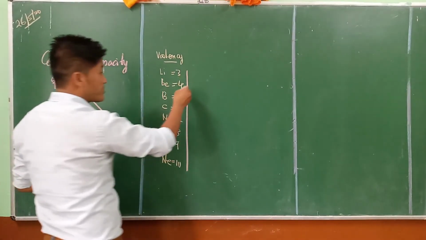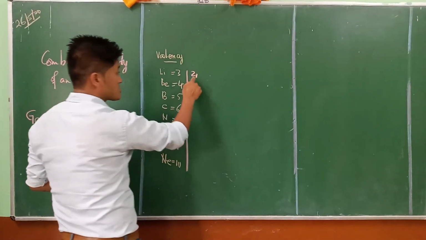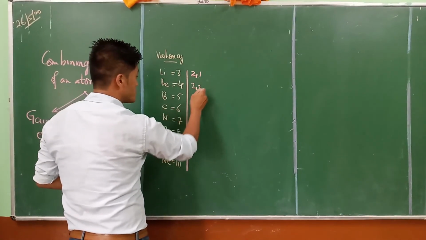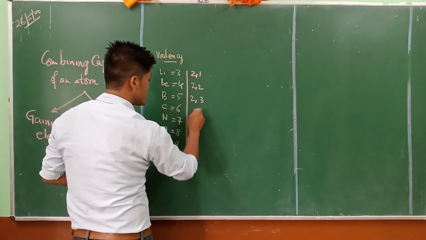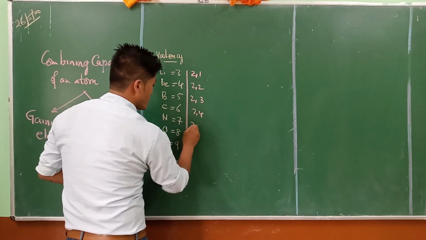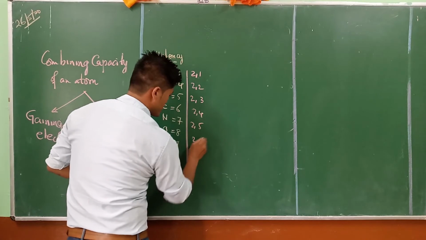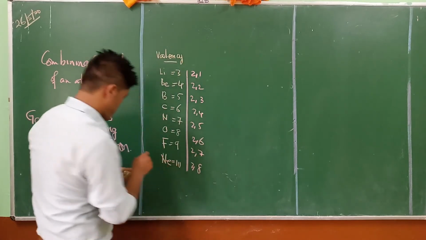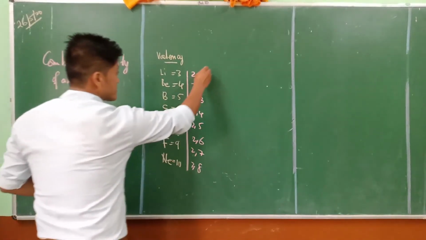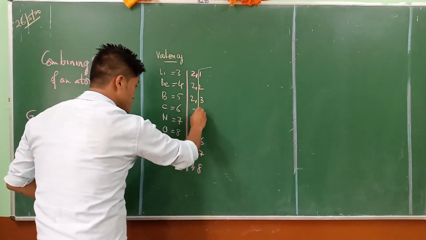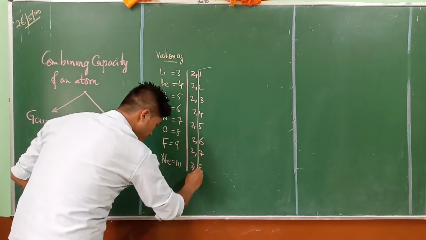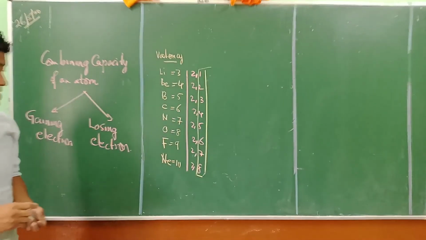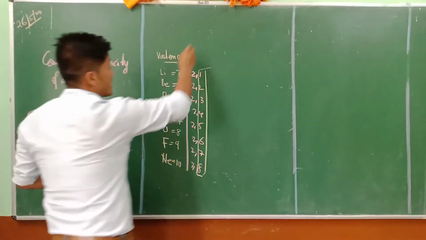Now in this case here, in the first shell there are 2 electrons, in the second shell 1. 2 plus 1 is 3. 2, 2, 2, 3, 2, 4, 2, 5, 2, 6, 2, 7, and 2, 8. Okay? So now the yellow shaded portion is the second shell. Understand? So now we knew that already that